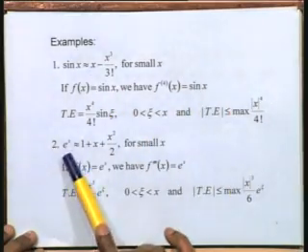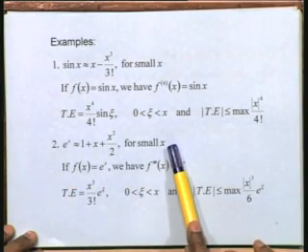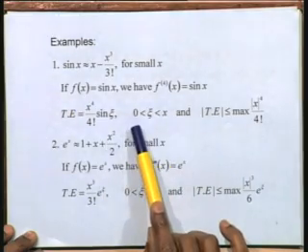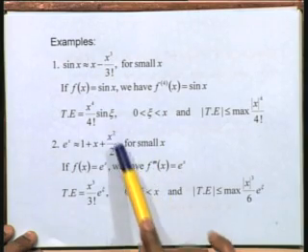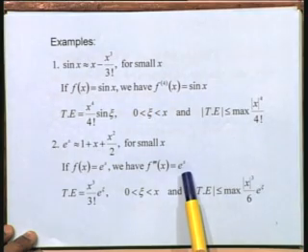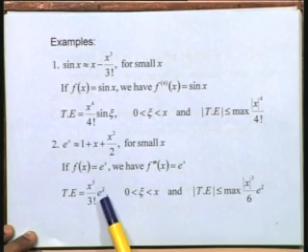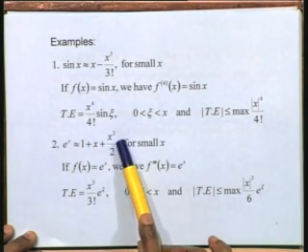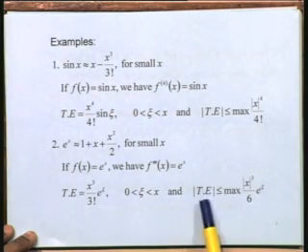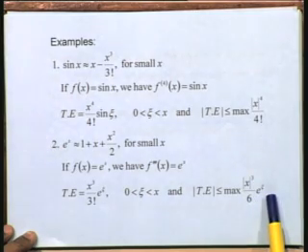Similarly, another example: if I take exponential of x as 1 plus x plus x square by 2, again for small x, then I have retained only terms up to the second order. The truncation error would contain the third order term. Therefore, I need the third derivative of exponential of x, which is e to the power of x, and the truncation error will become x cubed by factorial 3 into exponential of xi. Again we are expanding about the point 0, so I will have x minus 0 to the power of 3, and I can again bound the error as the maximum of magnitude of x whole cubed by 6 into exponential of xi.